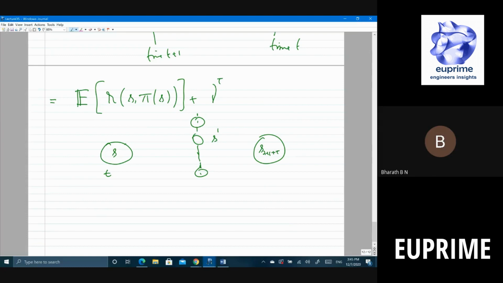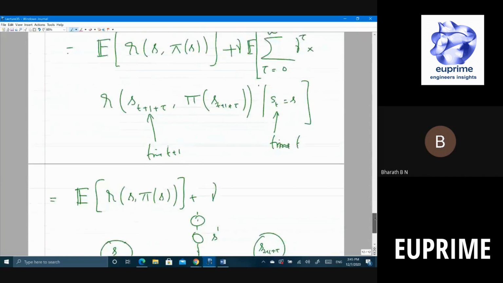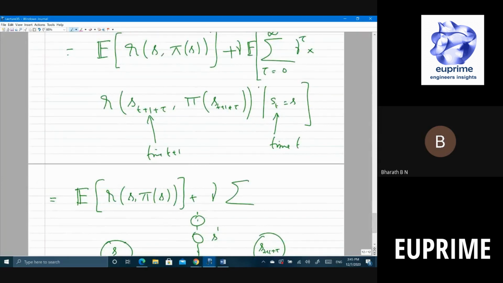There's no difference, right? So now, sorry, this is not gamma per tau. This is nu, right? What is it that I can do? I can write this as, okay, so let me write this and then ask you why this is true. The probability of you being in S dash, given that you started in S and you took a policy pi of S, from there your value would be this. Do you agree with this iteration?